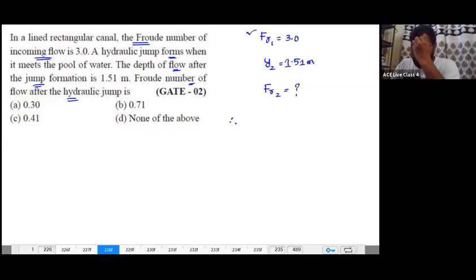You need to apply the flow means two equations. As they are asking for FR2, how do we find this FR2? We need to look at it. In order to find FR2, we need to find Y1 first, and Y2 by Y1 is